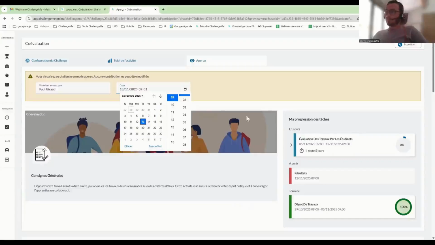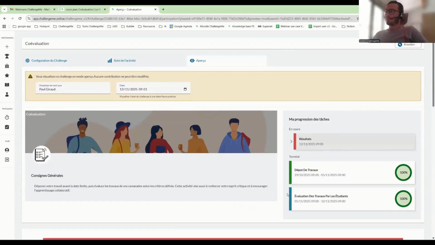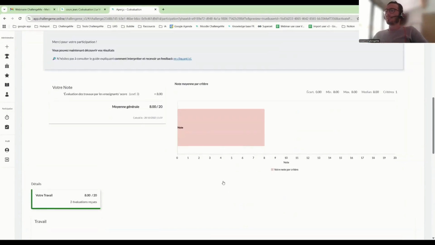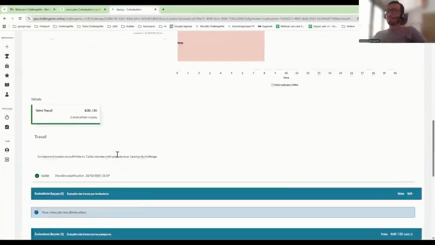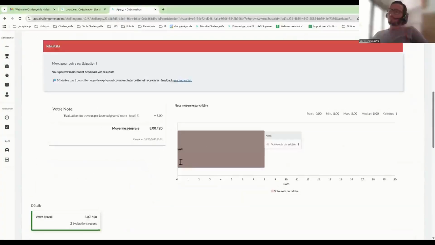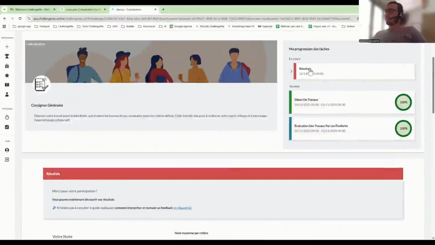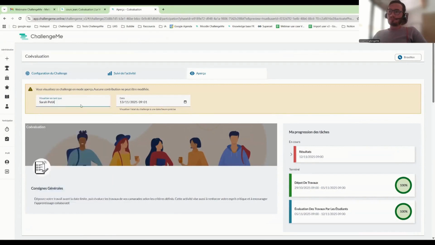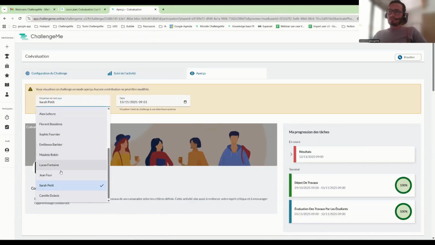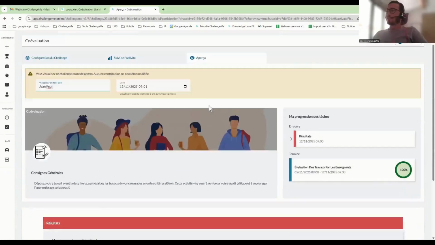It's November, so now I'm going to set it to the 13th. And then when the results are available, I'll be able to see my grade and also the average per criterion for that phase. So for teachers, if I take Jean Fer, for example, oops, I made a mistake. There we go. For teachers, so here I'm viewing as Jean, they will only see in the end the phase